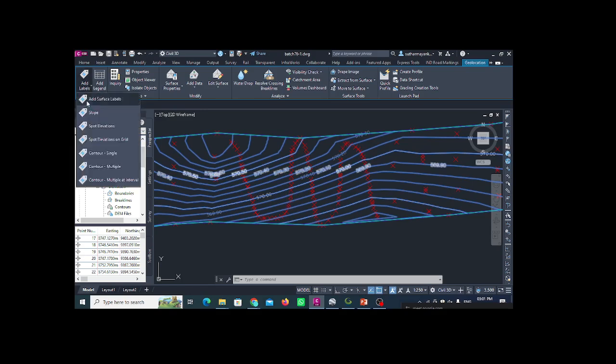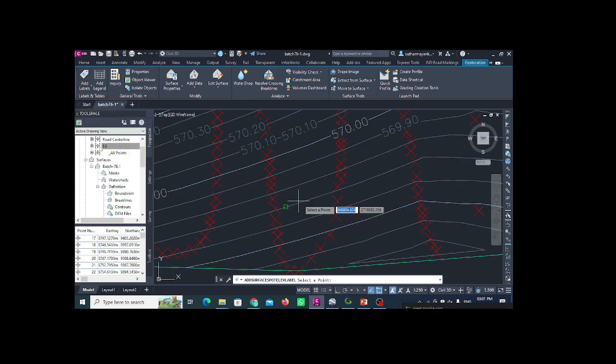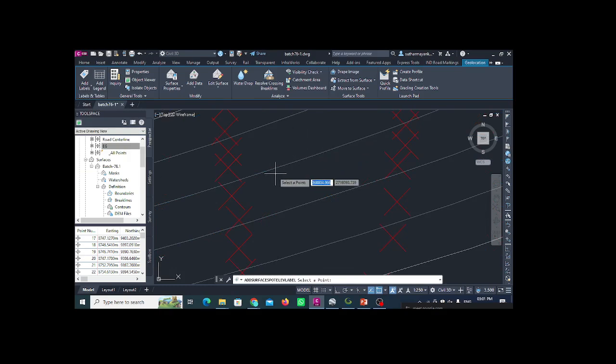The second thing, if you want to see the elevation at some point, like I want to know what is the elevation at this point, click onto the spot elevation, and what you can see here,